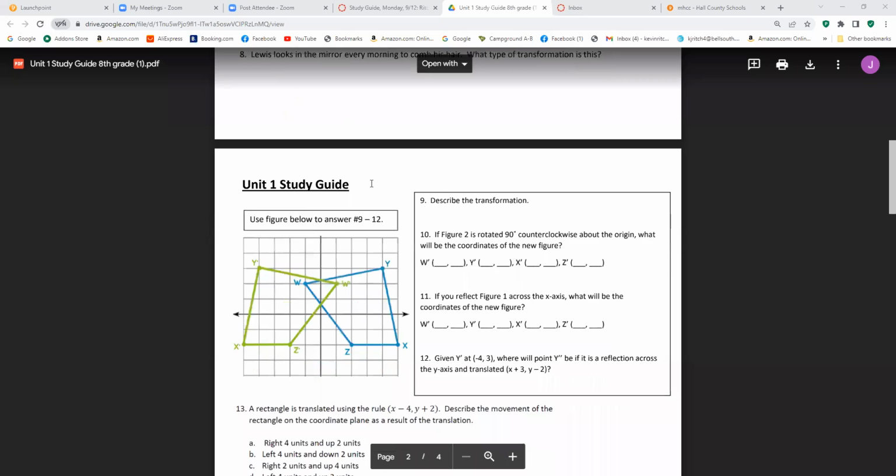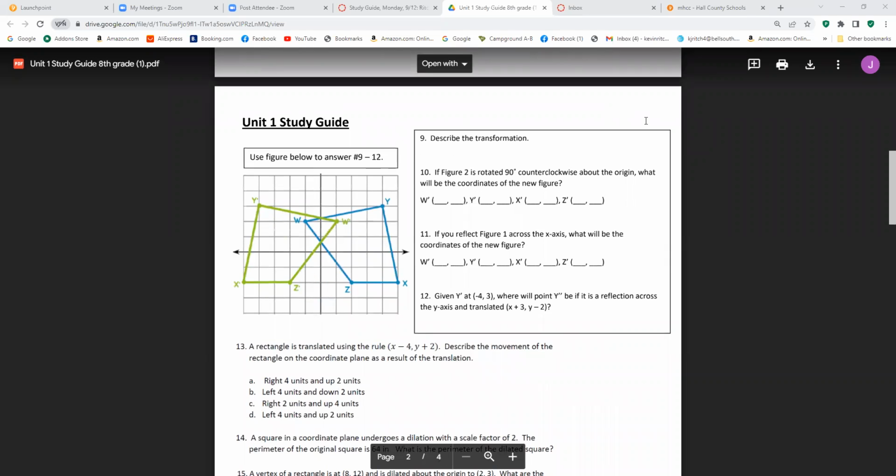All right, number 9, let's look at the transformation. So we have y to y prime, w to w prime, z to z prime. So basically this blue figure has been reflected over the y-axis. So if this is the x and this is the y, this blue quadrilateral has been reflected or flipped over the y-axis. So the transformation is a reflection